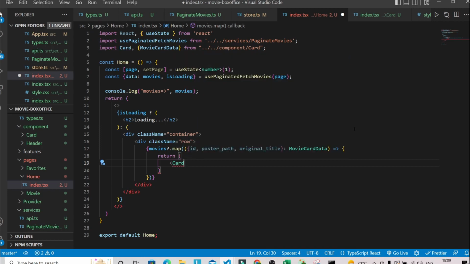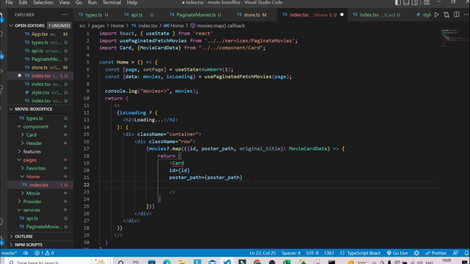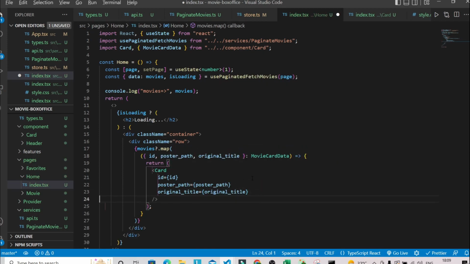So let's bring that one as well. And let's remove this one, and here we have to pass id. So this id we can use. We have to pass poster path. So we can just copy this one, we can paste it over here, and original title. Okay, let's format this one,